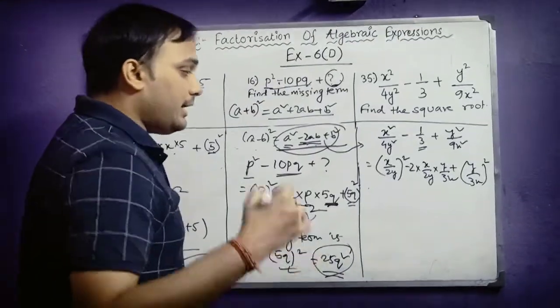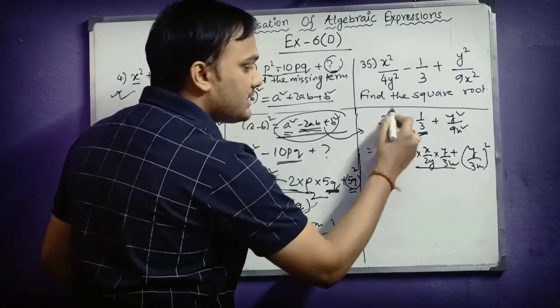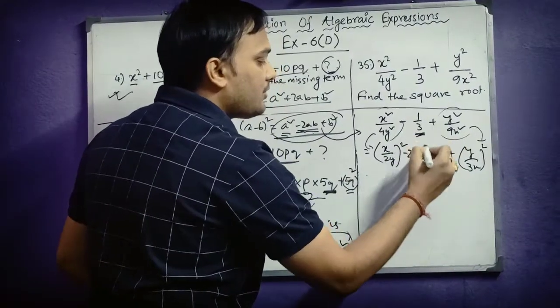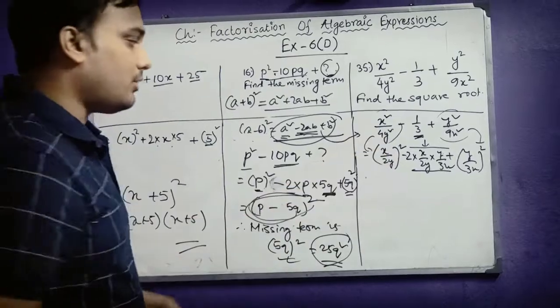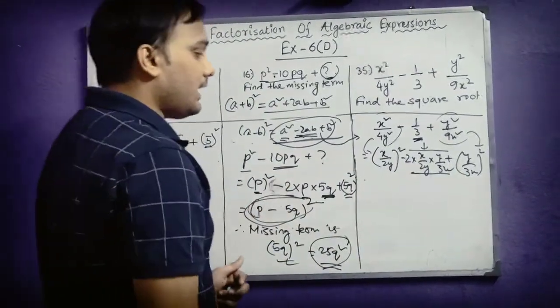That means this proves that your calculation you are proceeding is correct. I repeat, this should be matched with this one, completely, because this is equal to this and this is equal to this. So this 1 by 3 should be equivalent to this. So you have to cross check whether both are equal or not, and here we see yes, both are equal. That means our calculation is correct.